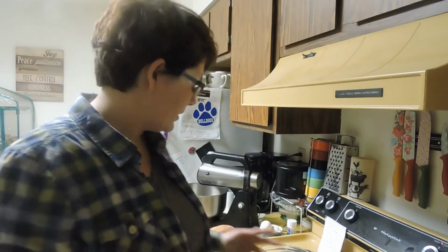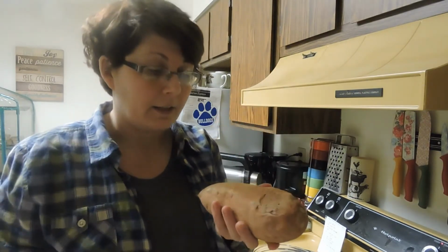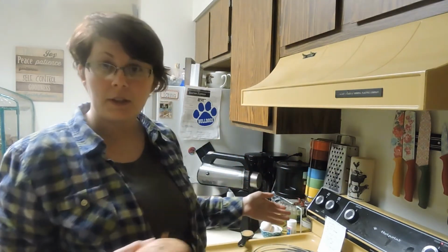Anywho, so one of the little dogs, her name is Elsie, the other one is Sylvanus. Well, Elsie, she recently had her tested, I think it's been a couple years. She had her tested because she kept breaking out. Come to find out, she's allergic to a lot of foods and she just can't eat everything. So she can eat like dried fruit and a few other things. One of the vegetables that she can eat is a sweet potato. She can also have apples. So I found a recipe that